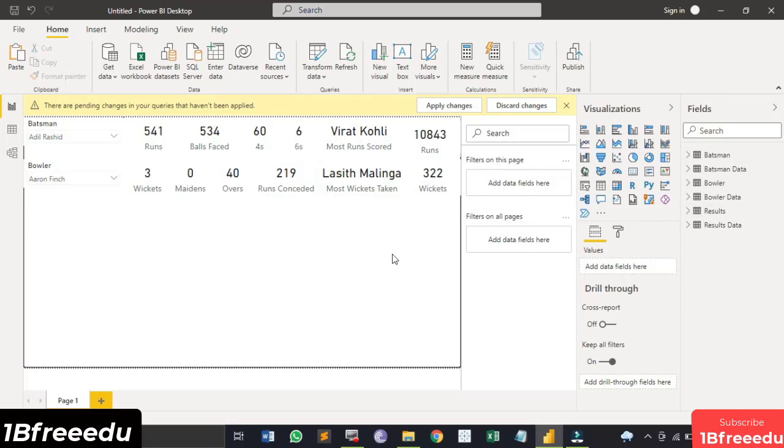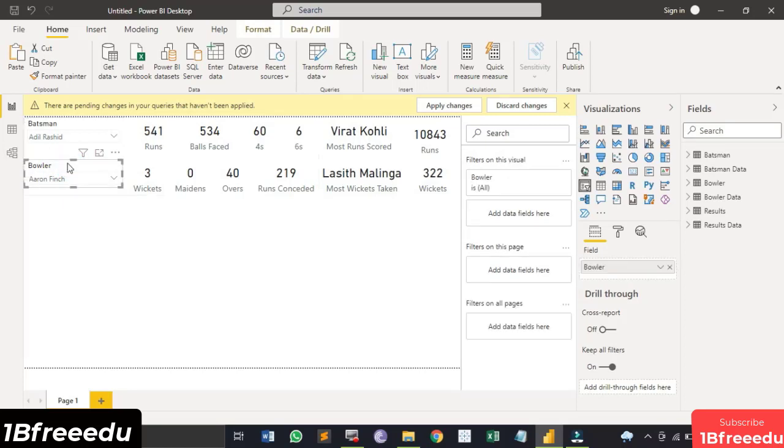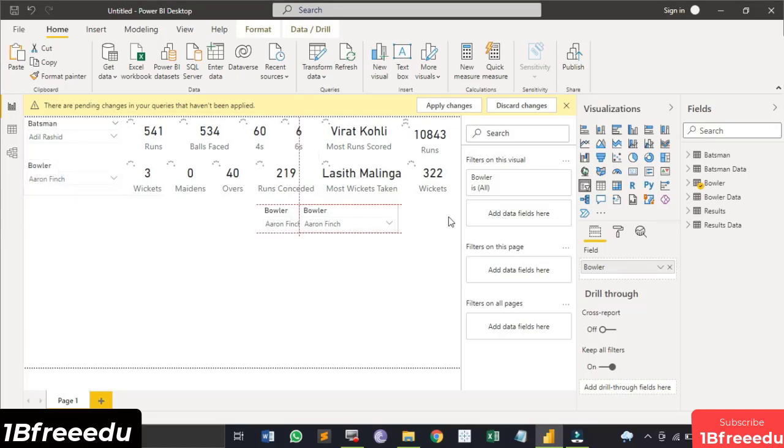So now let's just work with the third, that is the results data. So we want the visualizations which we have already created. What I'm going to do is, instead of creating them from scratch, I'm just going to copy paste them. The simple way is copy pasting, and it is also very efficient because I don't have to redo the whole thing again and again, when what I want is a similar result. Like this is a drop down I want for the country, similar I want the drop downs for the opposition. So I can just paste them and drag them over here.